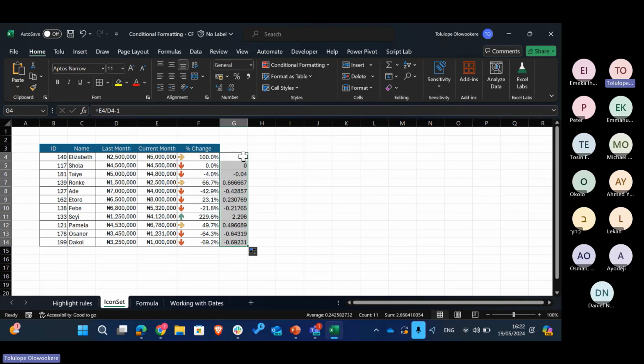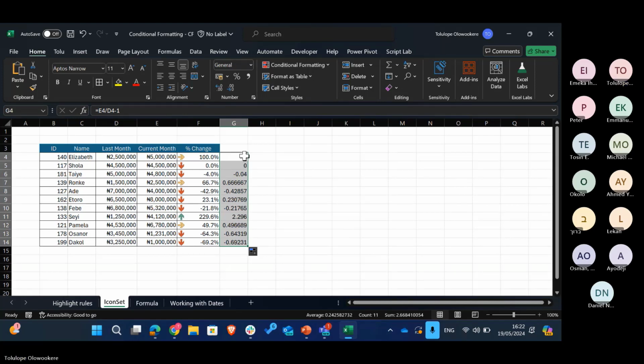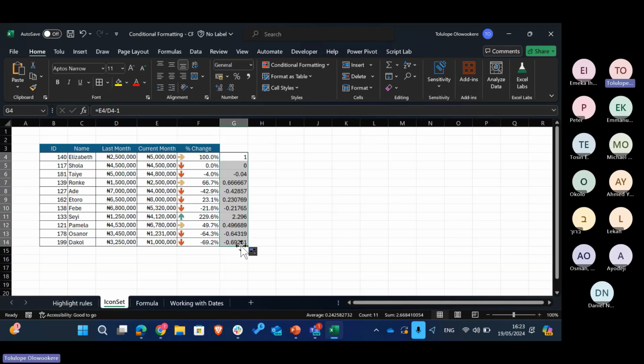1 is equal to 100%. 2 is 229.6. These are numbers, but because I changed the format to percentage, that's why I have 100%, 229%, and 2. So let's have this at the back of our mind while we work with how to restructure the conditional formatting